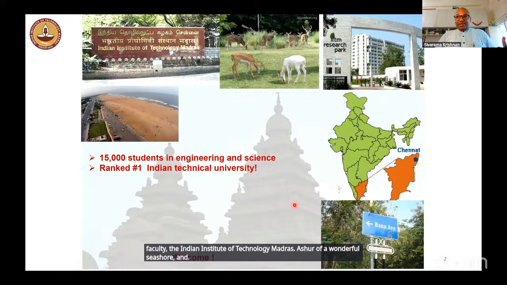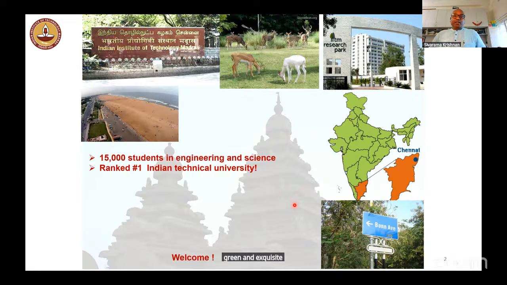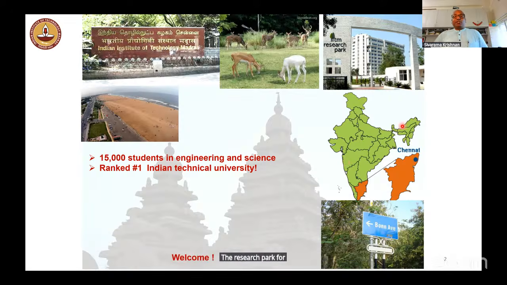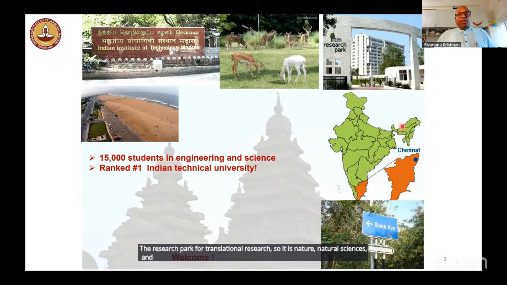and green and exquisite flora and fauna, such as the spotted deer and others, which are the denizens of our sylvan campus, and also on another end of the spectrum, the research park for translational research. So it is nature, natural sciences, and technology all amalgamated in one, home to more than 15,000 students and continually ranked among